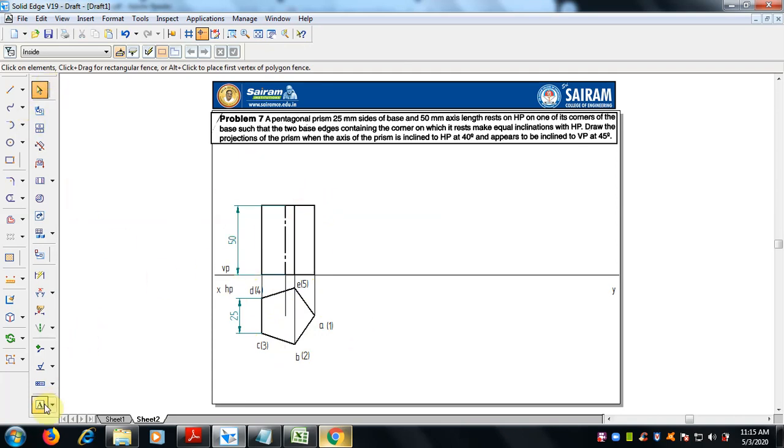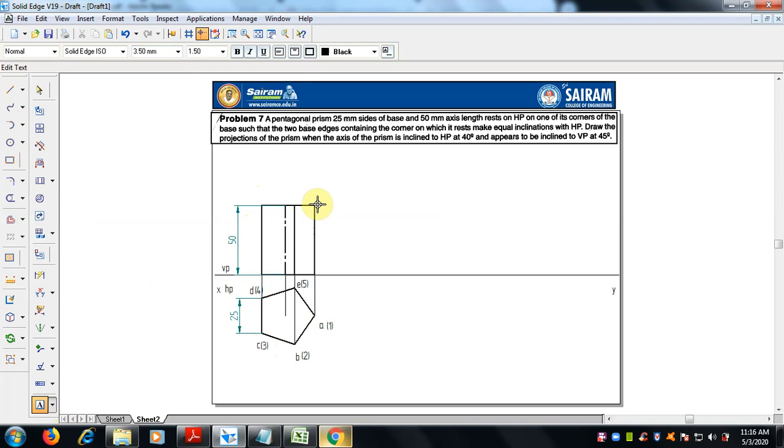In the front view, let me go first for the top. So here the corner A dash, like this, bottom 1 dash. So A dash and 1 dash are in a line. Here you can see A dash, 1 dash will be hidden. What we can see is B dash, it is visible. First let me complete the top and then we will go for the bottom.